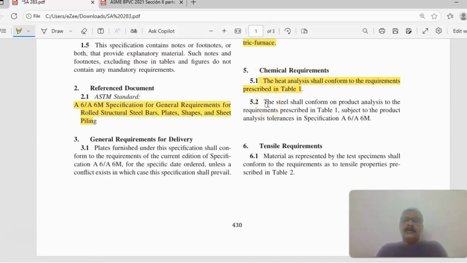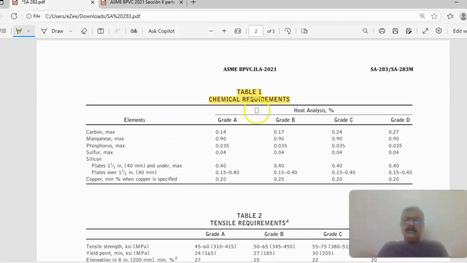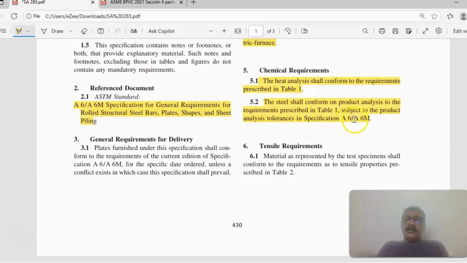Then what about product analysis? The steel shall conform on product analysis to the requirement of the same table 1, which we just saw for the heat analysis, subject to the product analysis tolerance in specification A6. The meaning is, for product analysis we can use the same table 1, but the tolerances are given in specification A6. So we'll go to